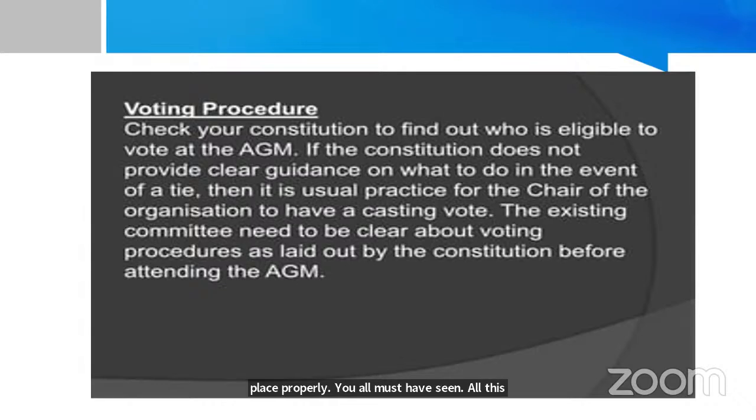You all must have seen those reality shows that take place on TV, be it your Indian Idol or whatever, I don't remember all those things. But in those, everything is electronic voting, okay? So when there is electronic voting, they tell you how to do the voting. They also tell you the time frame and the days and everything. In the same way, in the annual general meeting also, if anything is to be done by electronic voting, then a notice should go to all the members. You can even give it in newspapers, and all the details have to be there. Plus, the scrutinizer has to be also